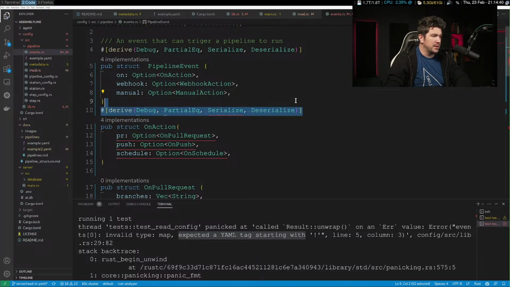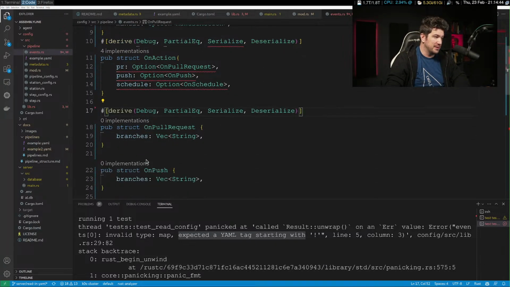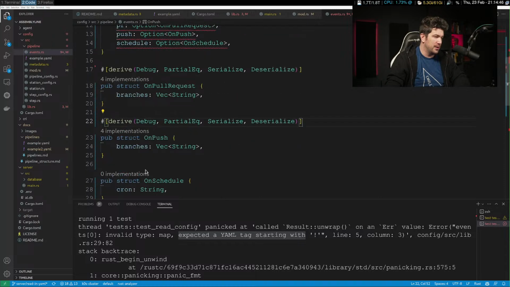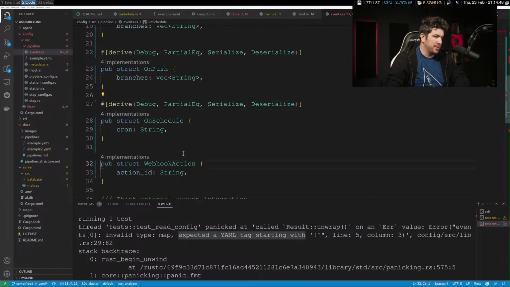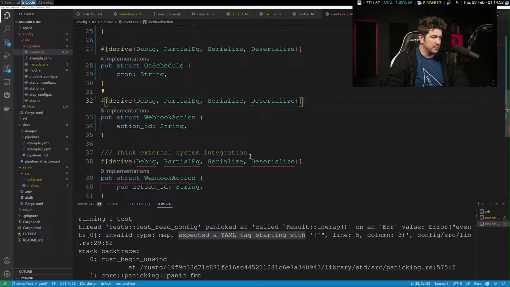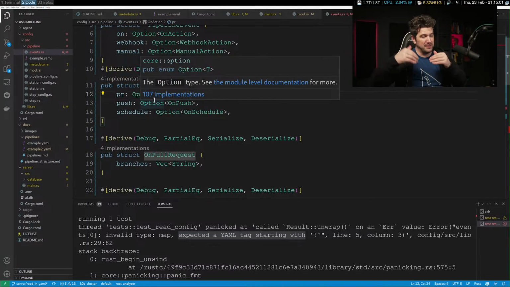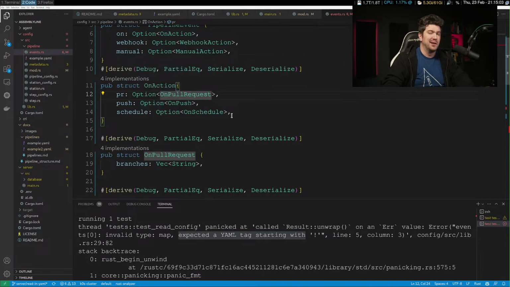Beautiful. We need to copy and paste this on all of these, or else it's not going to be serializable and whatnot, because they bubble up. Let's see if that fixed this. Yeah. So basically, for these to be all serializable and debuggable, everything that's below it needs to be serializable as well, or else it can't be.